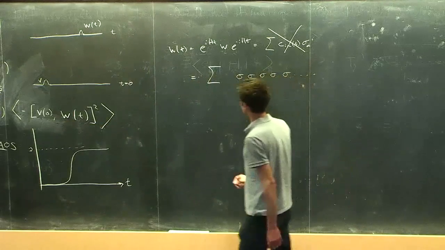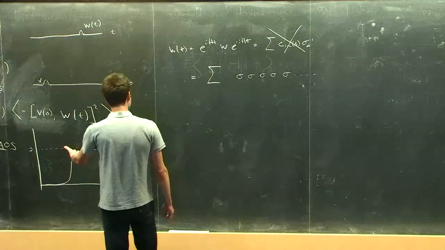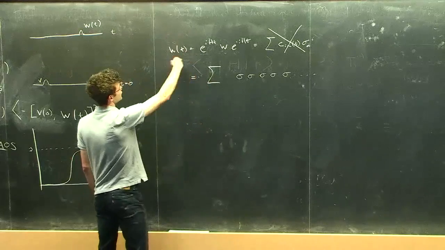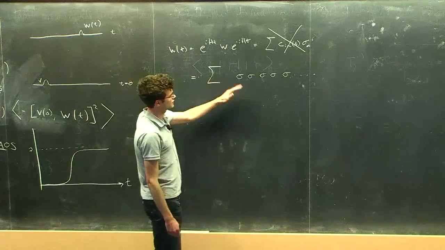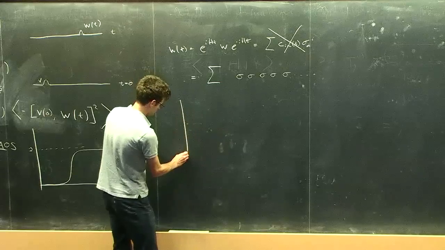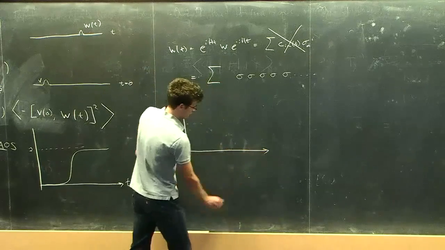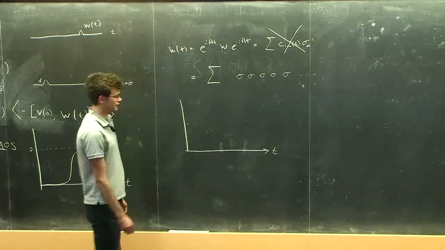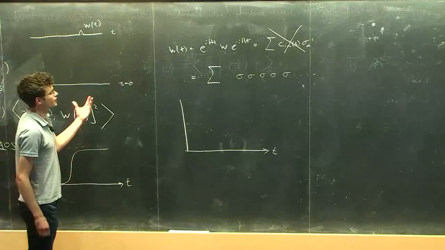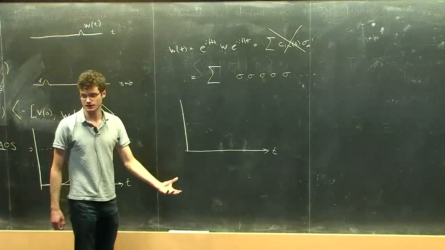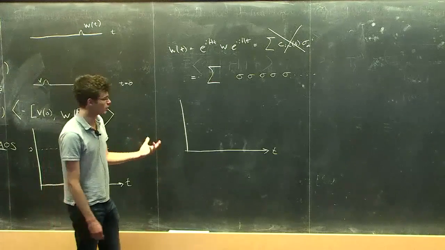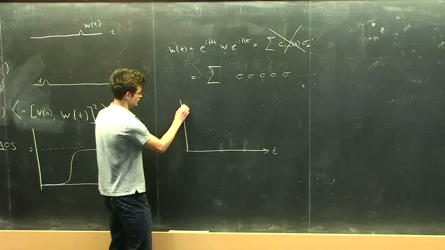We can actually check this explicitly in these toy spin systems by expanding this operator in a basis of products of Pauli operators. Okay, so here's another plot. Here's time. I'm going to plot for you the weight of this operator in Pauli strings of different lengths. So first of all, let's plot the weight in Pauli strings of length 1.